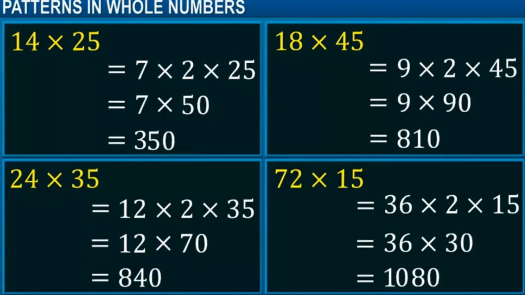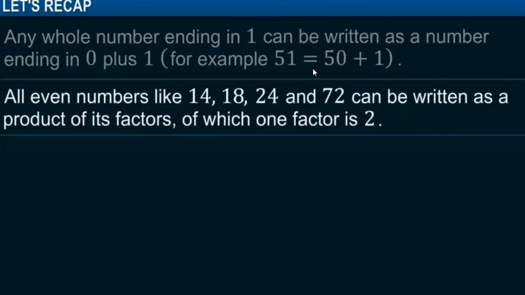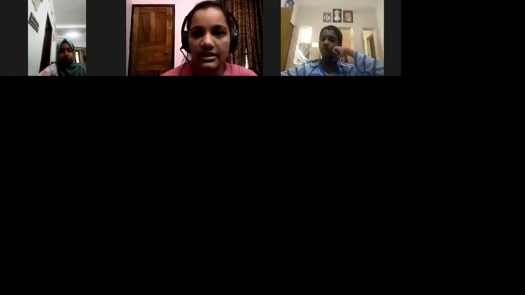Okay. Now, I think we have finished this module. Yes. You learned that any whole number ending in 0 can be written as a product of its factors, of which one factor is 2. Okay. So, this is what we have studied today. That is the pattern. We learned today how to find a pattern. Through pattern, we can make the